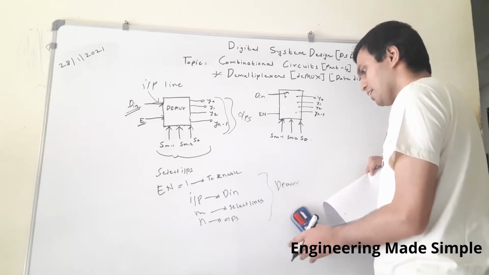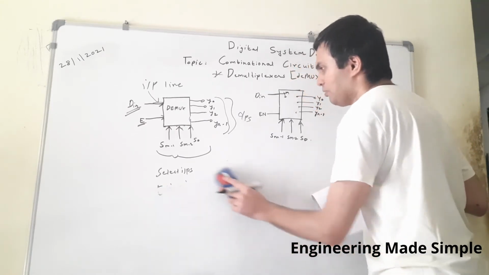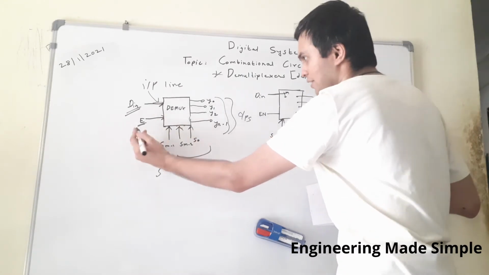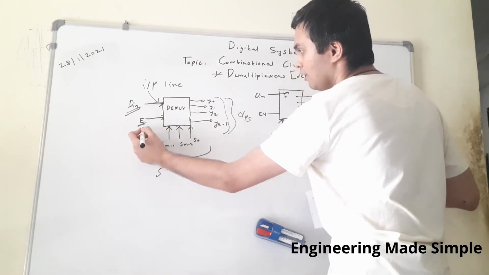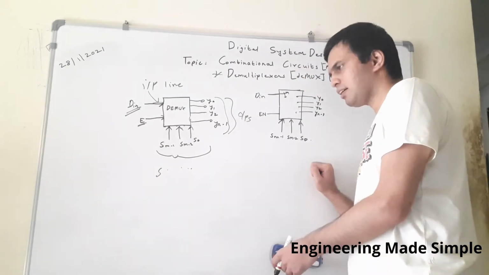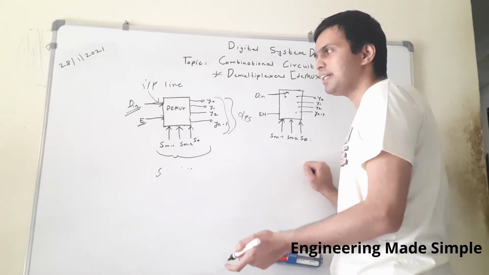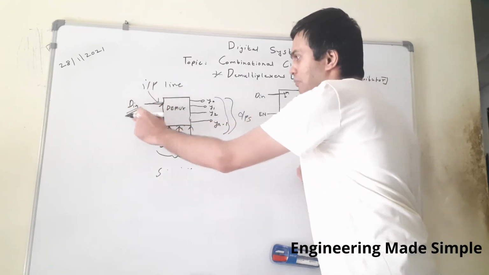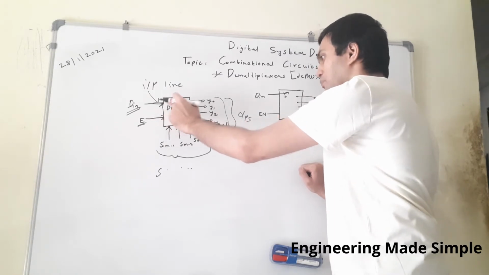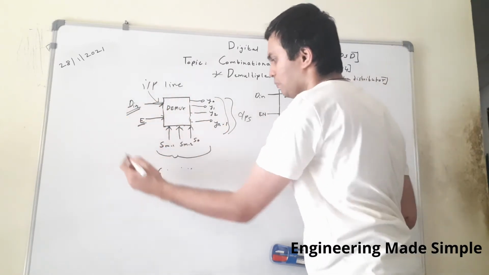Now let us understand its working. As I told you earlier, this enable pin is used to turn on this demultiplexer IC. So let us keep this at logic 1. Let us understand the function of the demultiplexer circuit. This is a single bit binary input, and the function of the demultiplexer circuit is just to distribute this over the different outputs. So it is a single input.